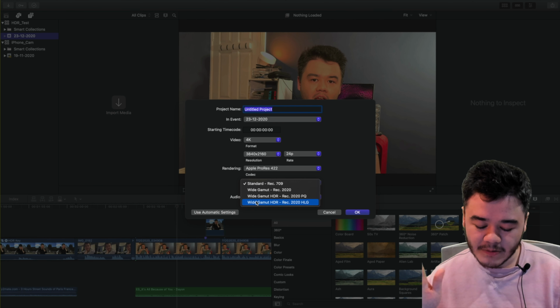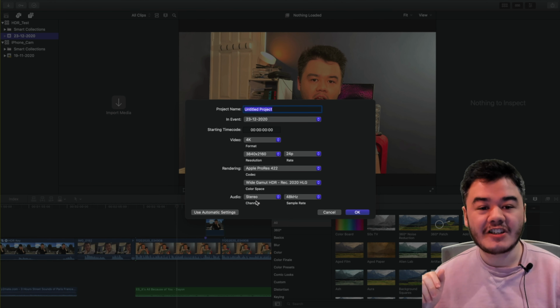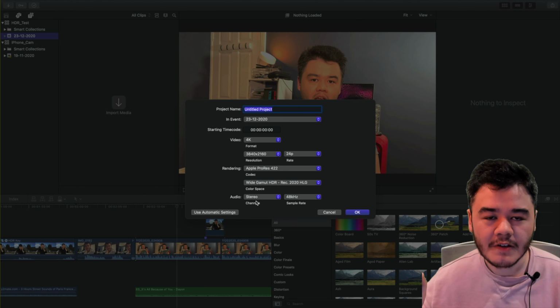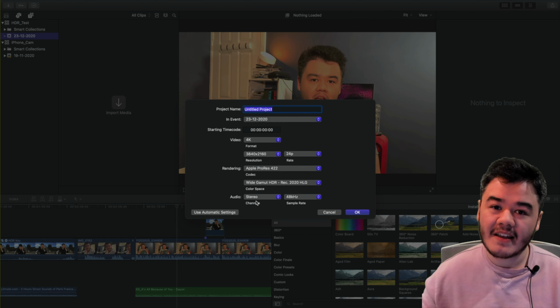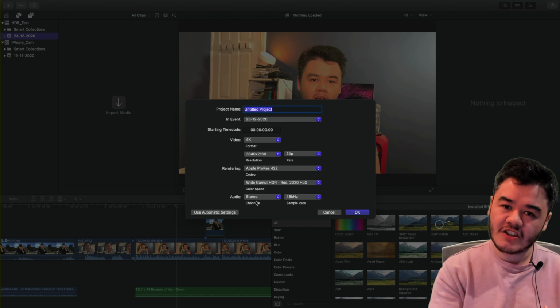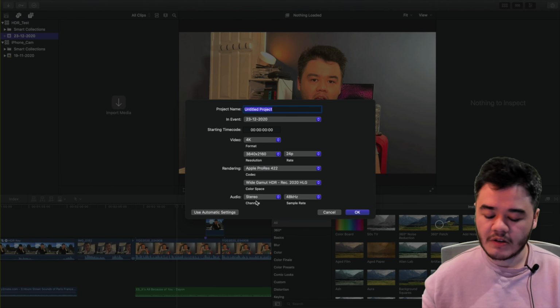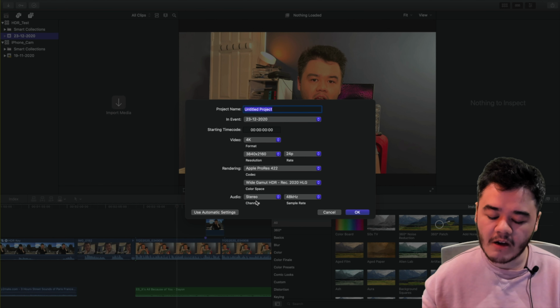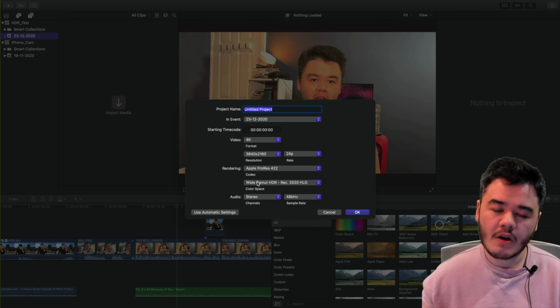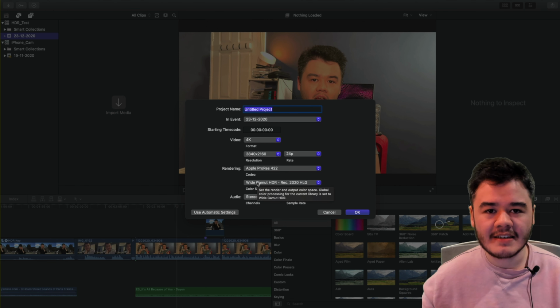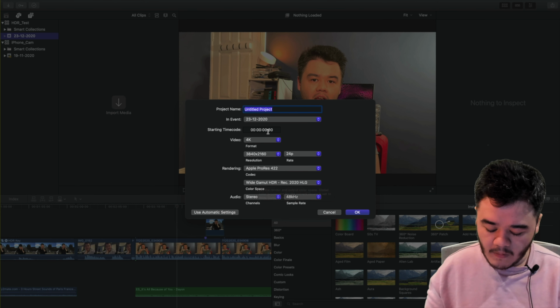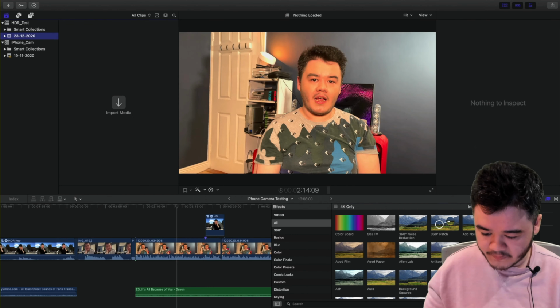But basically, long story short, please click Rec 2020 HLG, because that's what the iPhone 12 uses. And if you have a Sony a7 III, you can also record in the HLG color space. You can see it as one of your color profile settings. And if you want to shoot in log, HLG is a really great one for YouTube that I've noticed. Vimeo might be able to do PQ, but we're going to go with HLG because it has compatibility with YouTube and Vimeo. So go ahead and create your project, and I'm going to call this the HLG test.